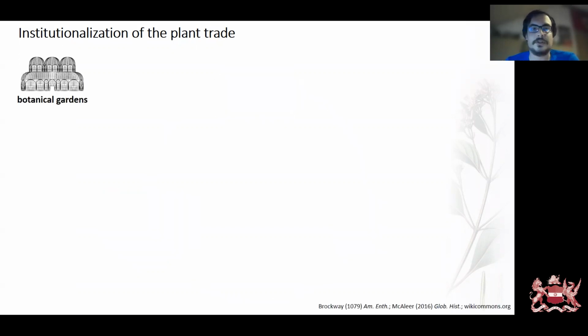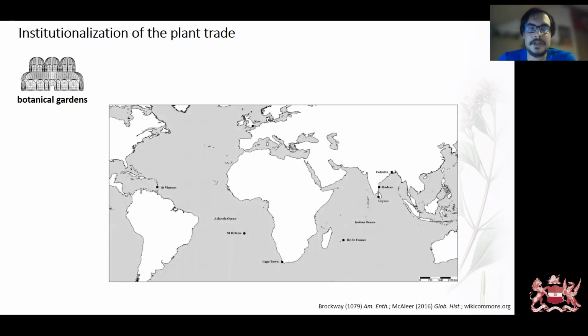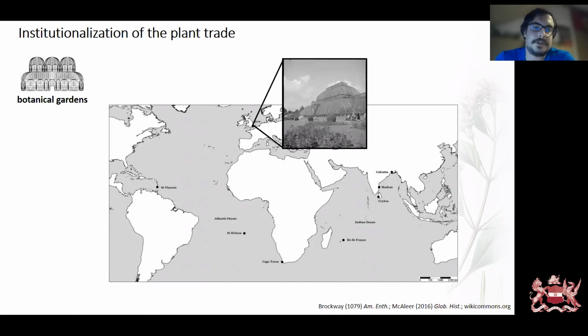Botanical gardens, we all know them. They were very important, especially in the British Empire. Here's an example map from this very nice study by Brockway, where you can see important botanical gardens of the British Empire in the South Atlantic. On top, we see Kew Gardens. It's a picture from 1943. Kew Garden, founded very early in 1759 by Princess Augusta, which is still today among the most influential, if not the most influential